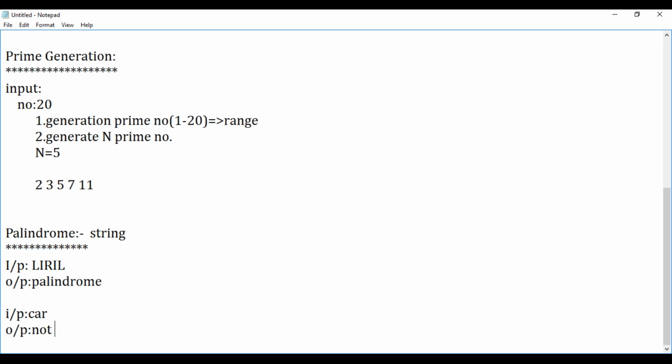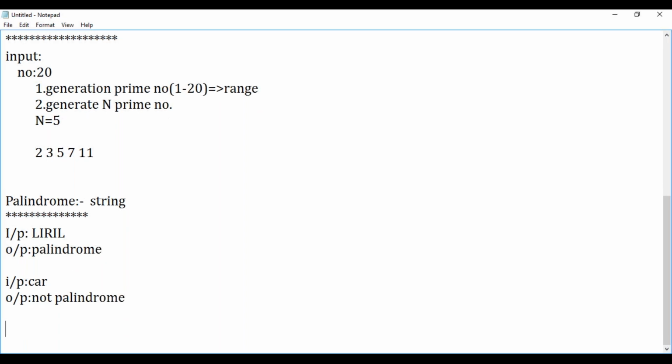Just write your own logic without making use of any predefined function. Own logic is required. For reversing and for this iteration, no predefined function. For finding the length, no predefined function. Everything has to be done on your own.